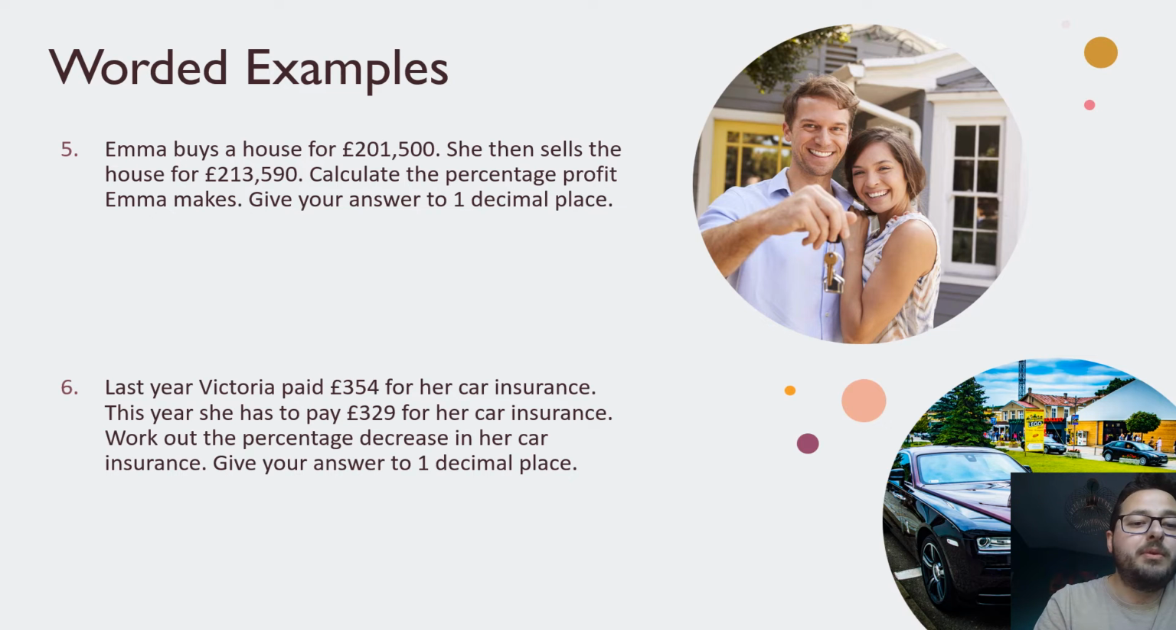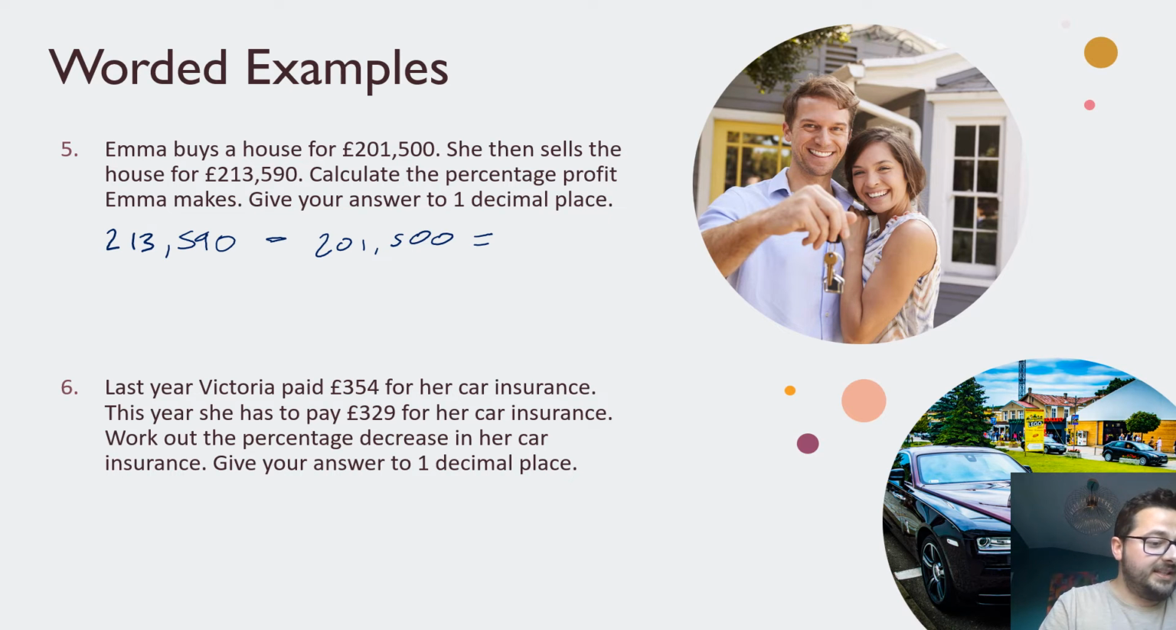So we do the new amount, 213,590, take away the old amount, 201,500, and that gives us 12,090. So then we do the increase, 12,090, divided by the original amount, which is